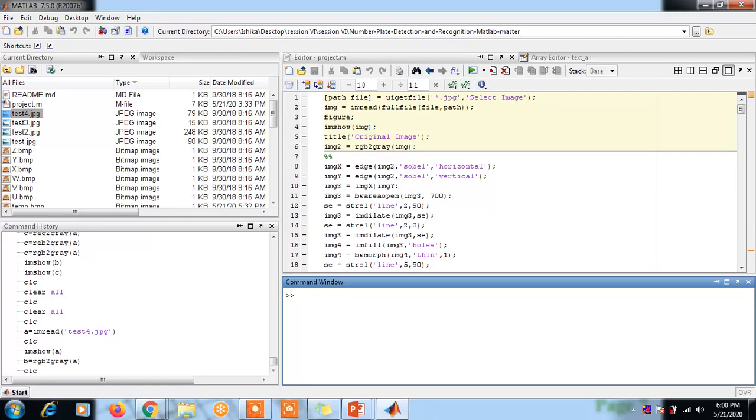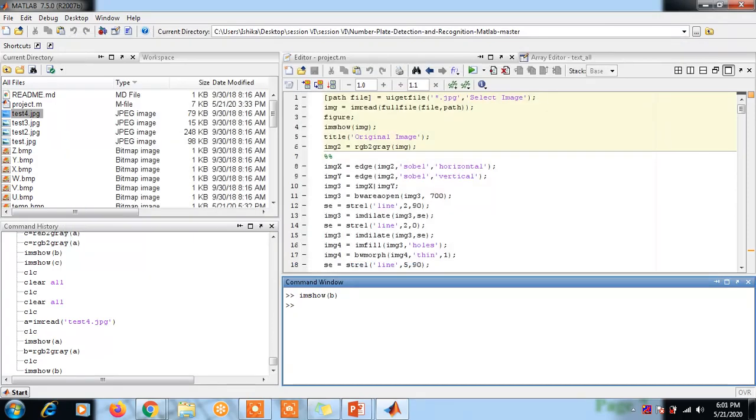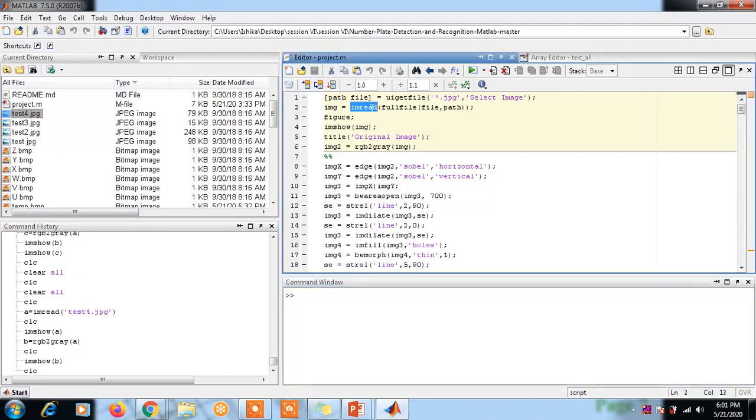We will write clc, imshow in brackets B. So this is the black and white image. Okay, so we've seen three functions. Function one is the imread function, second is the imshow function, and third is converting the colored image into a black and white image.